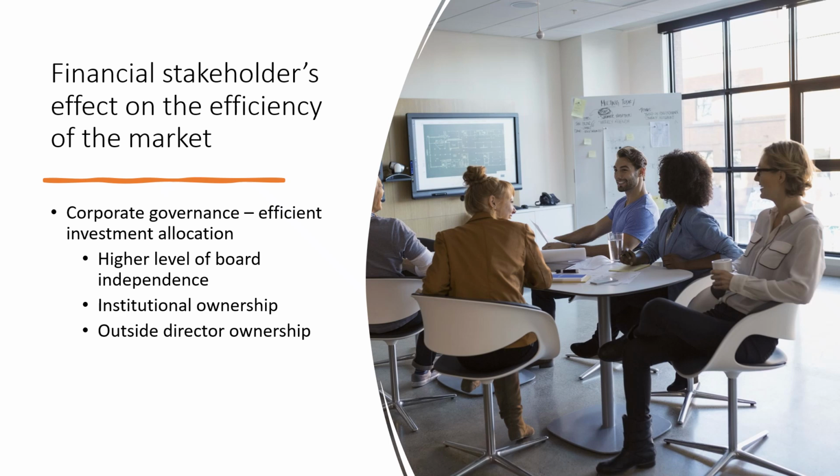Strong corporate governance controls can improve the potential for efficient investment allocation. One of these controls involves the need for a higher level of board independence, which should include different individuals holding the positions of Chief Executive Officer and Board Chair. Board independence can provide oversight that lowers the risk of fraudulent activity that could damage asset value.